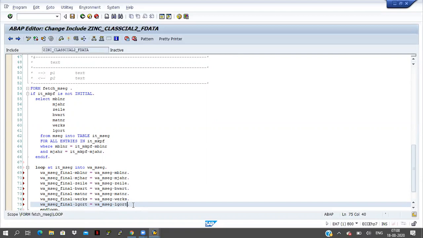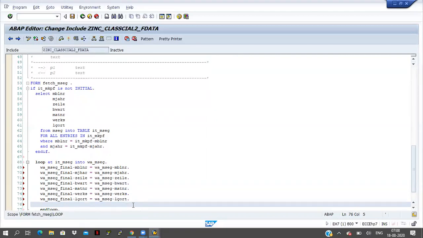Okay, and after that, here I am looping the item internal table. The first record I am passing to work area final. So for the first record, what is the header information? The header information is coming in the MKPF internal table, so I have to read the table.